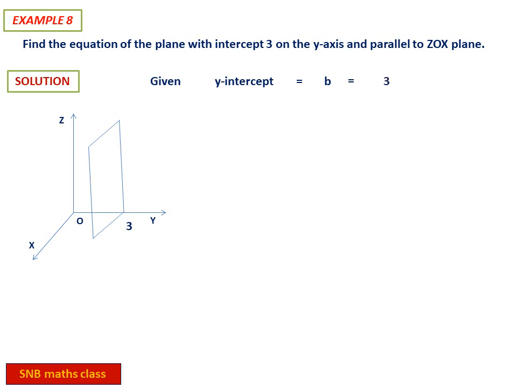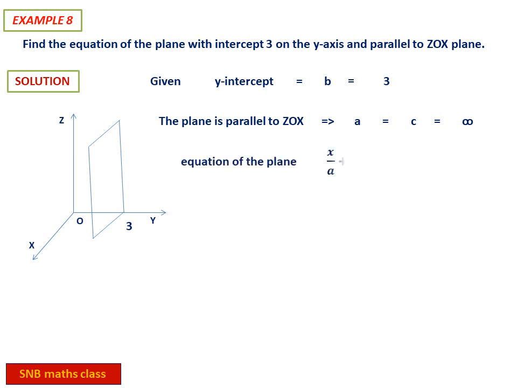This is given. But look at the information. The given plane is parallel to the ZOX plane. It's very clear in the diagram also. Now you can say, therefore, the plane is parallel to ZOX, so what is A? It will never intersect the x-axis. So you can take it as infinity actually. Similarly C also. So I have taken A as infinity, C as infinity, because, let me repeat again, the plane does not intersect the x-axis and the plane does not intersect the z-axis also. Therefore, you can take intercepts A and C as infinity.